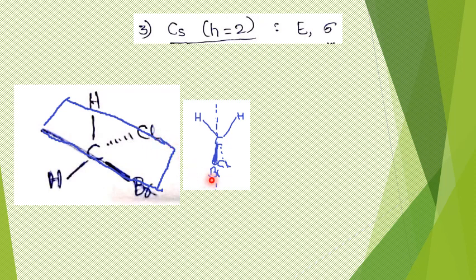If we are viewing the molecule on, say, this plane, with this carbon atom, this bromine atom, and this chlorine atom, then if we view the molecule along that plane, it itself will be the plane of symmetry. Because this plane bisects bromine, chlorine, and carbon atom, and it passes exactly in between the two hydrogen atoms. When the reflection operation is performed, the two halves of the bromine atom, two halves of the chlorine atom, and two halves of the carbon atom get exchanged, and these two hydrogens change their position. So it has a plane in addition to the identity operation. Therefore this molecule goes to this Cs.